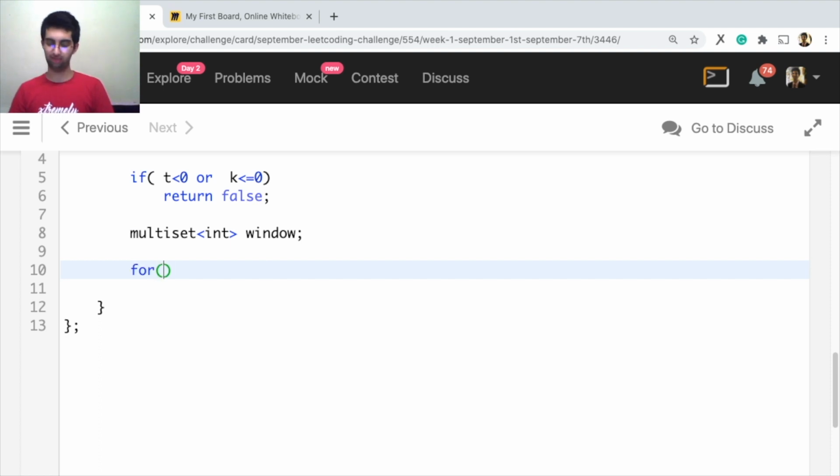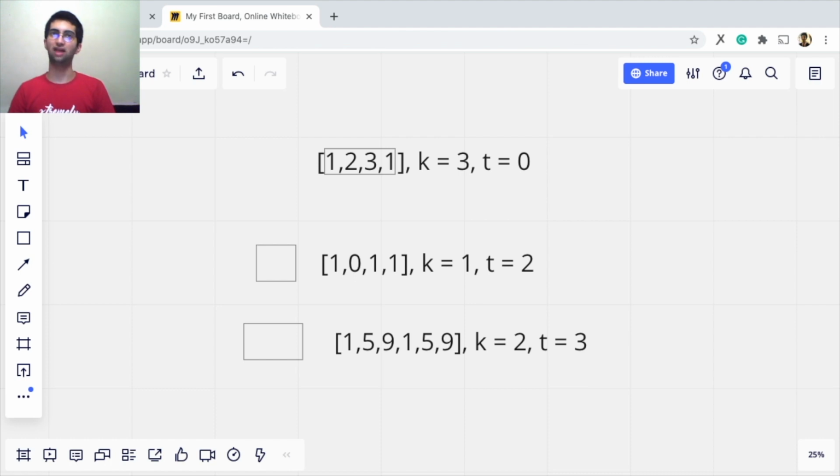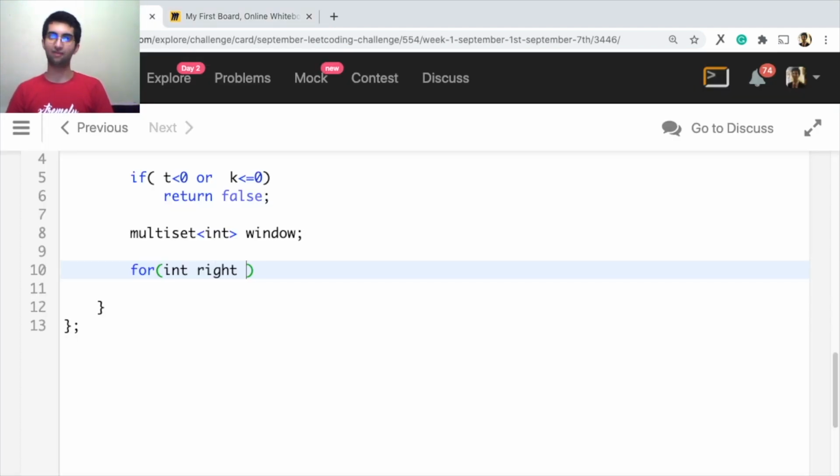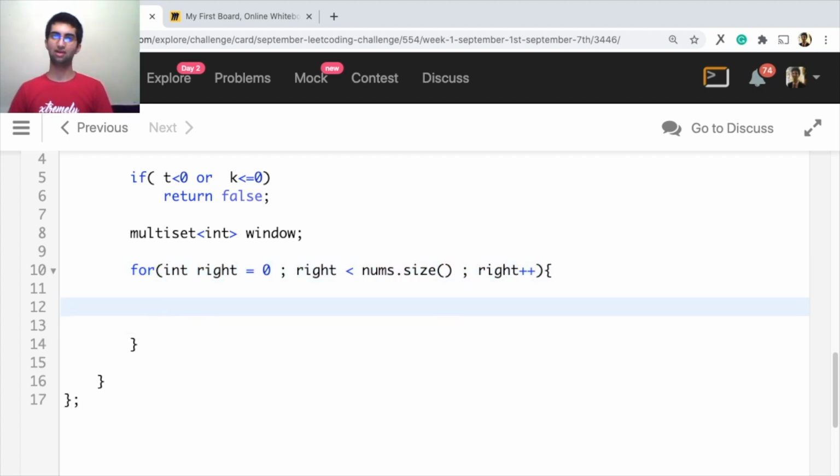Now I'll call him right, since he's the right side of the window. Right will go from 0 all the way to the end, nums.size(), right plus plus.